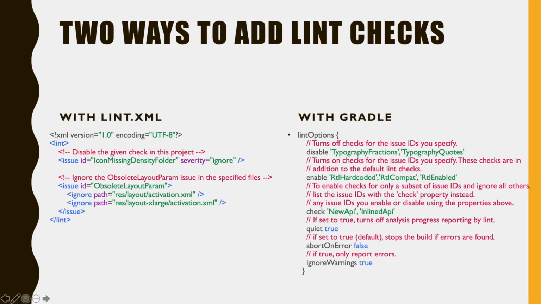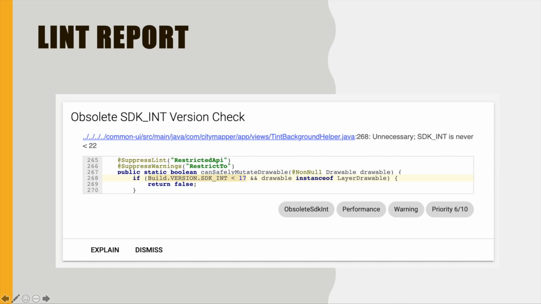There are two ways to configure the lint checks: the lint.xml file and also the Gradle file. You can add parameters, saying this error is fine, or this error is not fine at all, please tell me. You can do a lot of things with Lint, so it's really important. Then when you do a lint check, you get a lint report. The web version looks like this, where you see your error and why it's telling you that. It's not really an error, it's just telling you it's better not to do it because it's useless in that case. So please do something.